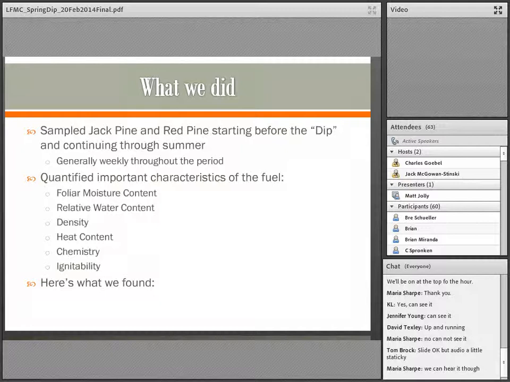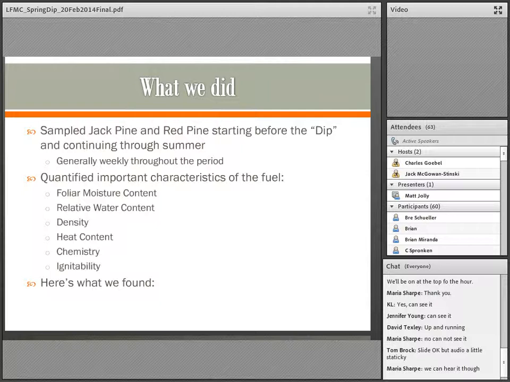So what it does is give us basically a full picture of the fuel dry weight, but it partitions it into these categories. The last thing we did is actually measure the ignitability here in the lab using a flat, open flame burner that allows us to introduce a needle to the flame and measure the time to ignition, or how long it takes for it to ignite. And we do that throughout the season to see how that time to ignition changes and how that relates to its flame. So how the flammability of the needles changes as well.